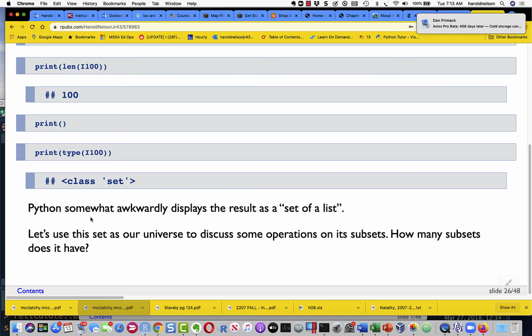Any real serious mathematical discussion involving a bunch of sets requires that you first establish a universe, that is, the set of all possible elements which will appear in this discussion. So how many subsets does a set of length 100 have? How many subsets